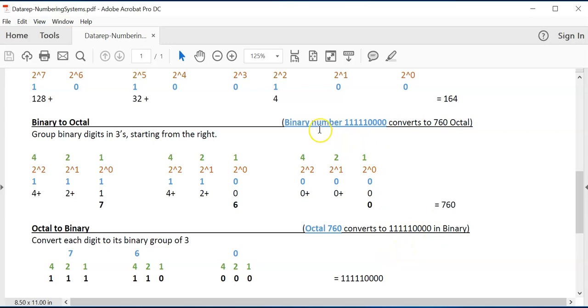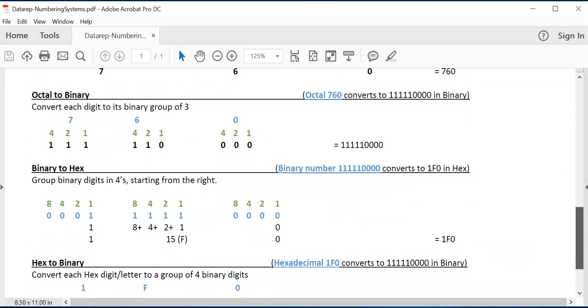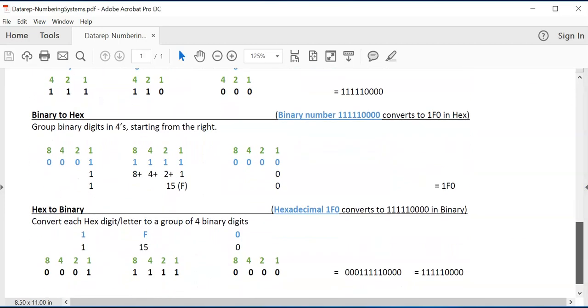So you see, we kind of did the reverse. We took the binary that made 760 octal. We took 760 octal, and that made this binary. So you know how to do it both ways. So this is the most important of the numbering conversions that you need to focus on for the purpose of this course. But just to finish it off, I'm going to also do the hex conversion, and it's really simple